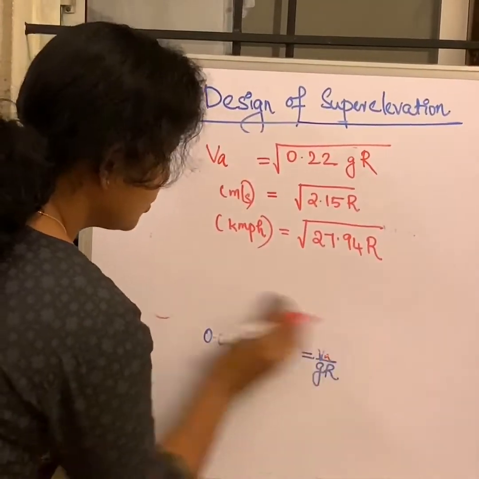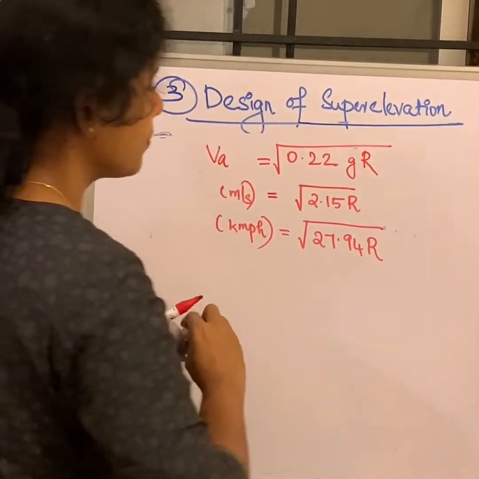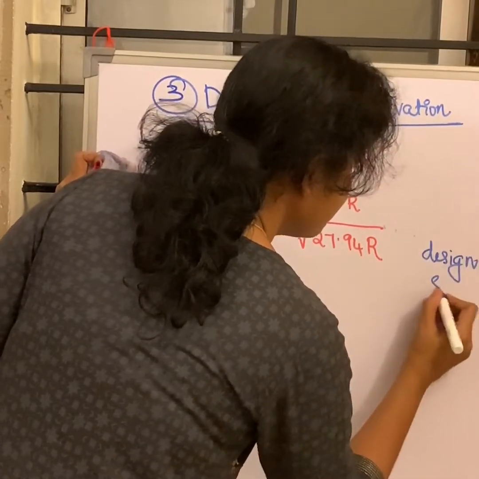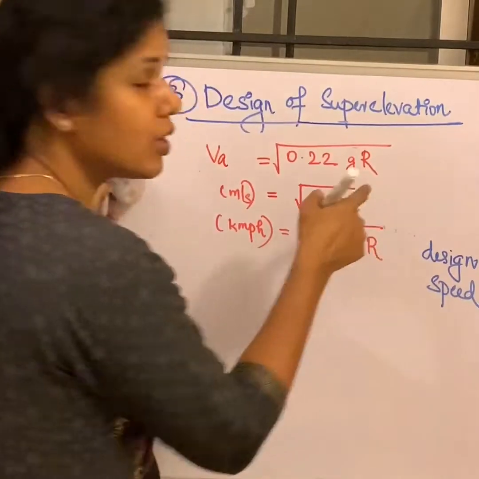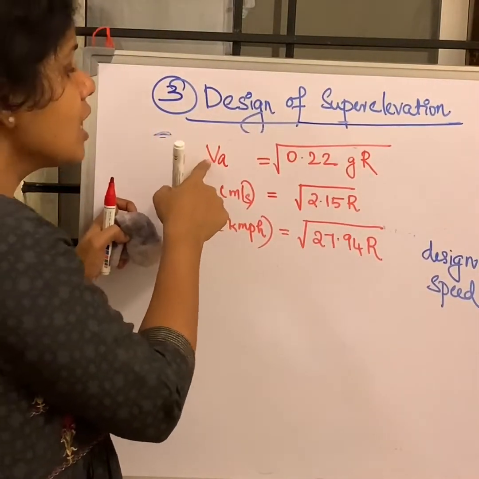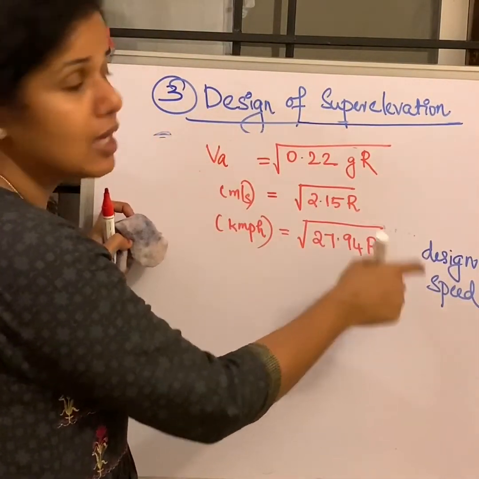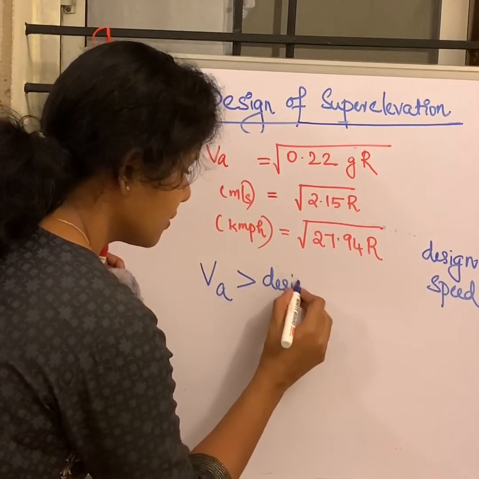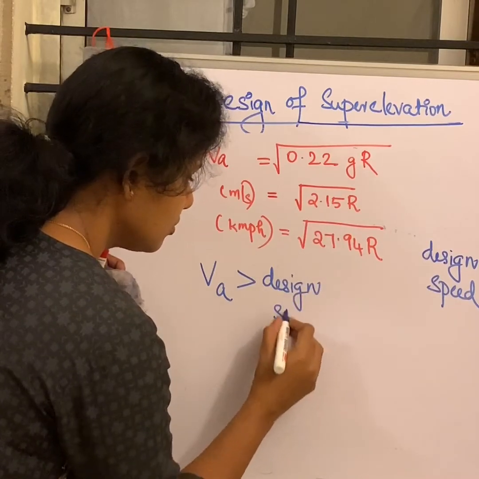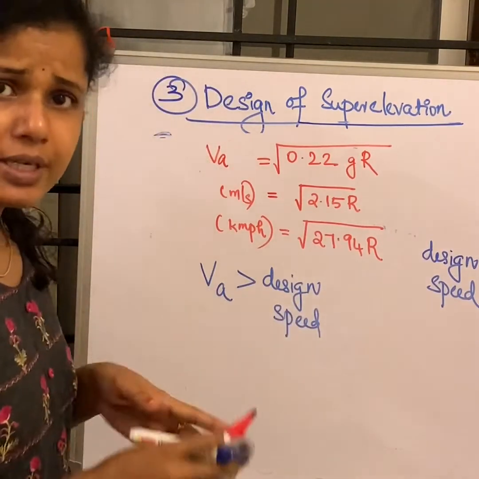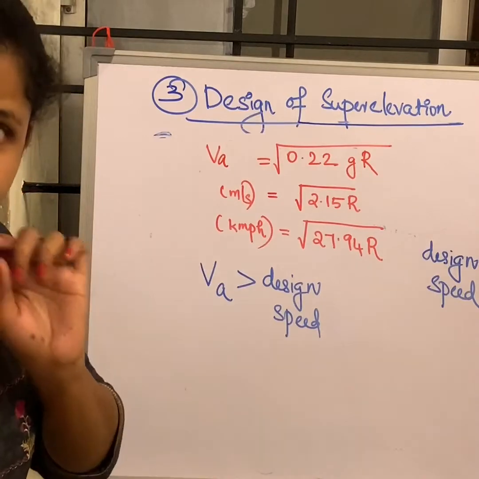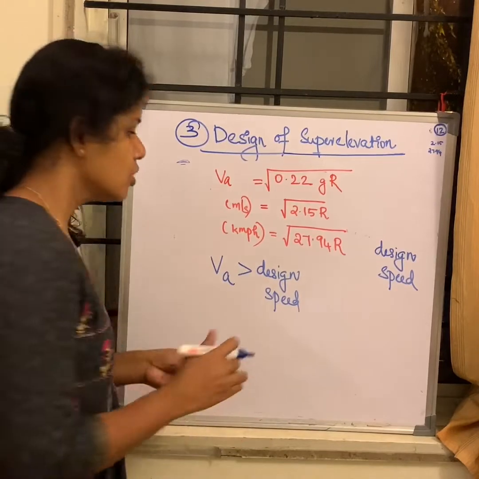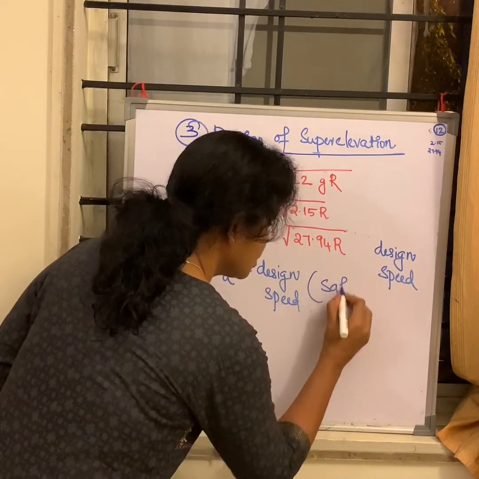Now, is there any value to compare? Yes, we have the value to compare with our design speed. Just check this allowable speed, because you are restrained to travel at this allowable speed, and compare that with the design speed. If the allowable speed is greater than the design speed, what is the meaning of it? That is, when I am limiting the friction, I am still able to take a speed which is greater than the design speed. That means I am safe. So this means a safe condition.